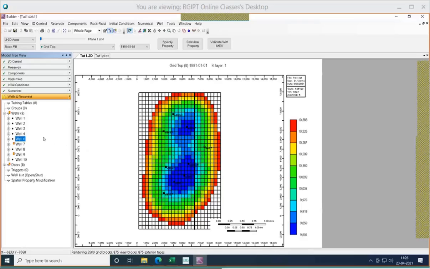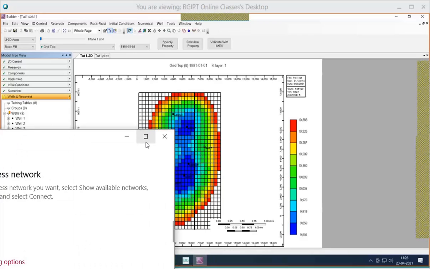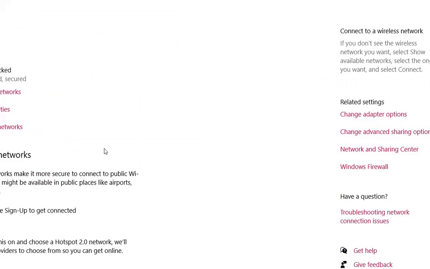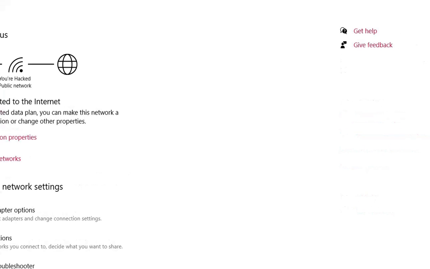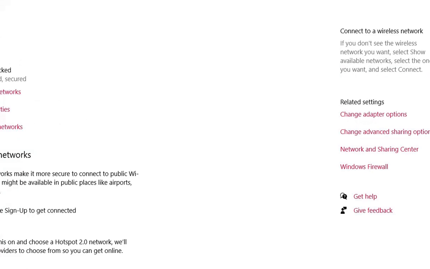Okay. Now we have exclamation marks on well 7 and well 9. Okay, fine. So now let us make well 7 and 9 injectors. Well 7 properties. Click on well 7. ID and type, it's fine, and the type we are making it as injector mob weight.